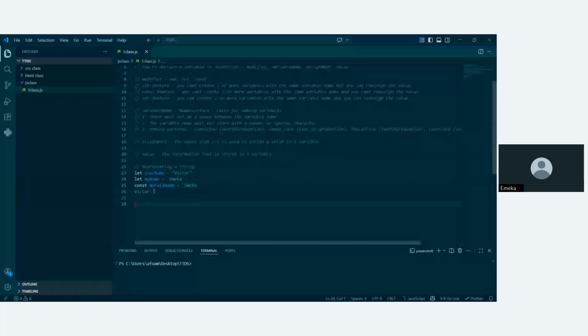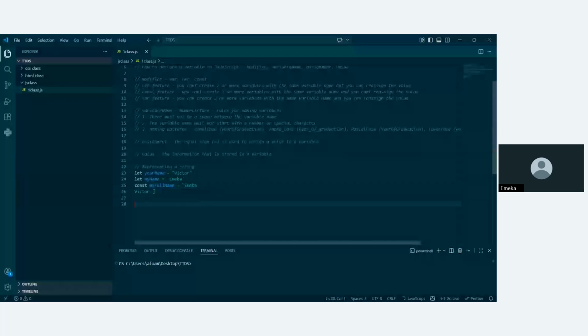Okay, so let me remove this so it's not confusing. Let me run the code again. Good. Person. It printed out all these guys for me. It printed out the variable name, and what's inside that variable name. Victor, this. So let's say I have two persons. I have two persons. So let me copy this. Let me show you that error that I was talking of